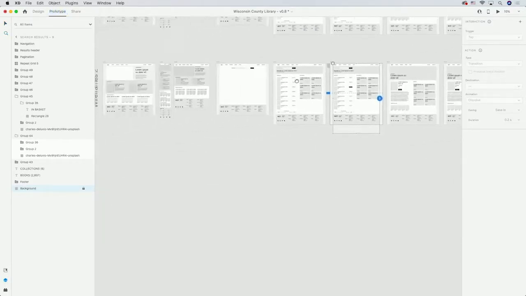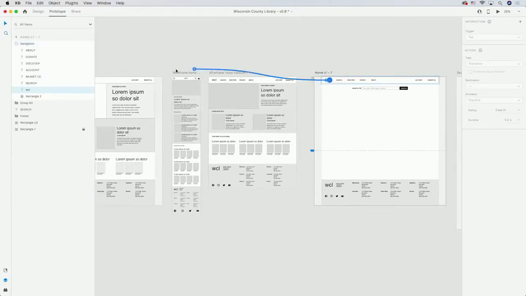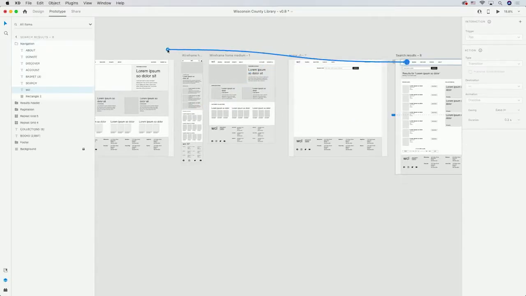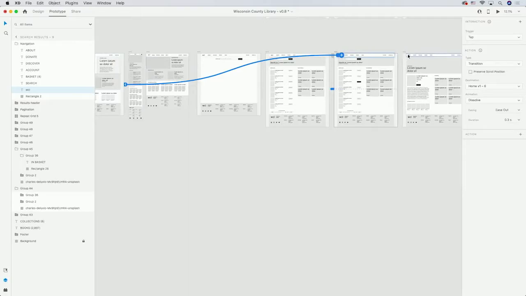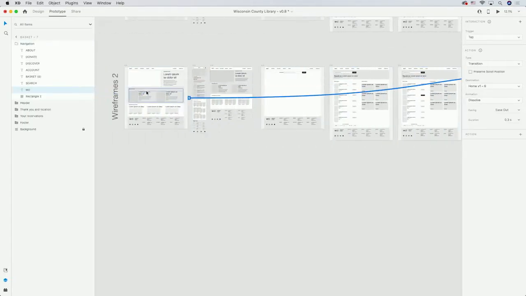On each of my artboards, I'll click the logo in the top left corner and drag the arrow to the homepage artboard. Now, if a user wants to navigate to the homepage at any point, all they have to do is click